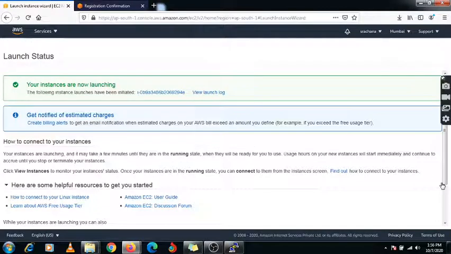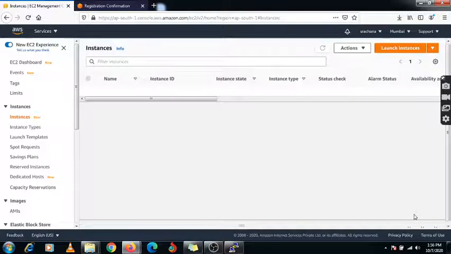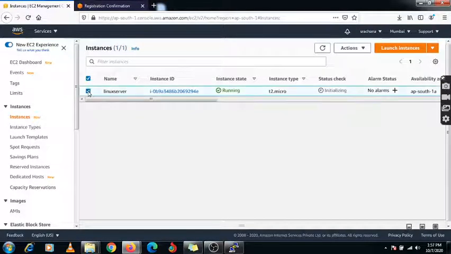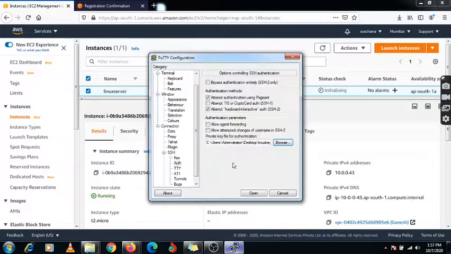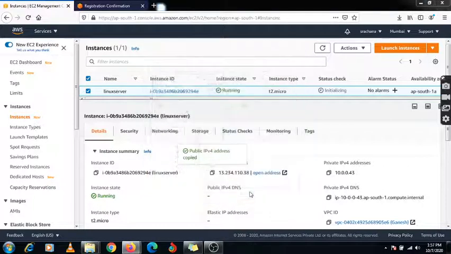And check the IP address of your instance. Here you need to select your instance. Once you click on the instance, you need to select the option with three boxes, and you need to access your Linux EC2 instance using this public IP address. Okay, so just copy it and paste this IP address under session. So here you need to specify that public IP address and just open it.